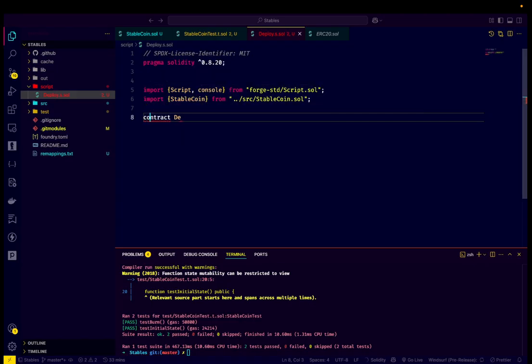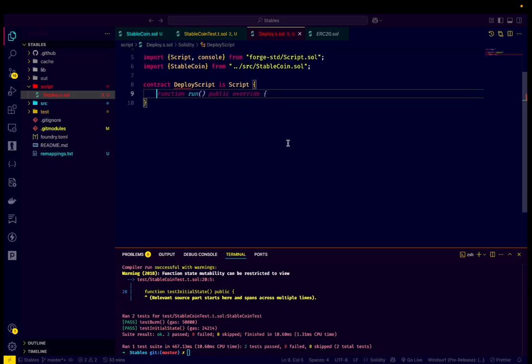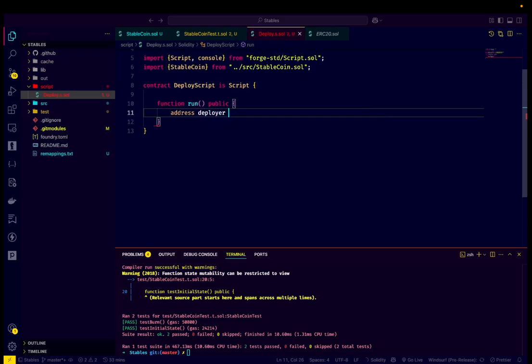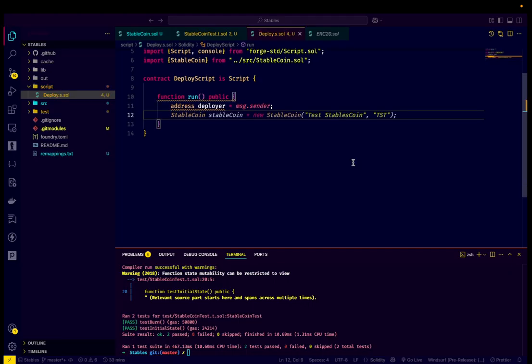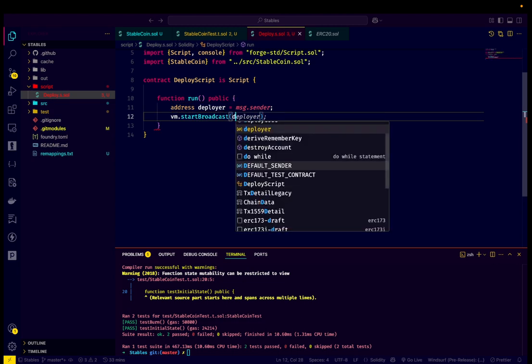Contract DeployScript is Script, and let's set up our function run, function run here, public, and address deployer is equal to msg.sender, and let's start broadcasting our contract. vm.startBroadcast, and inside that we need to pass deployer,